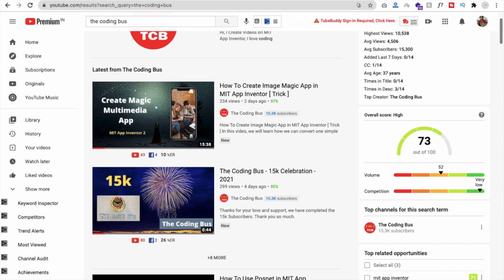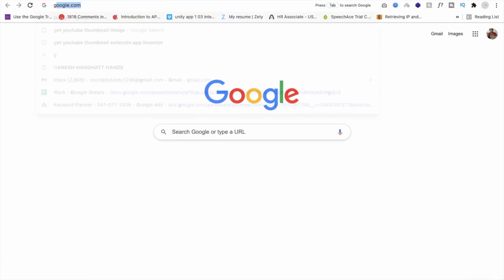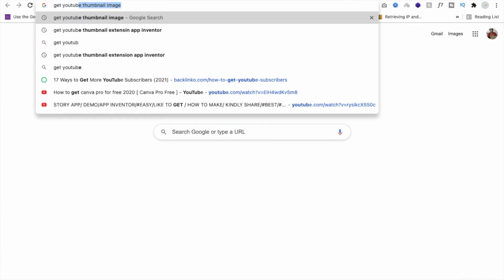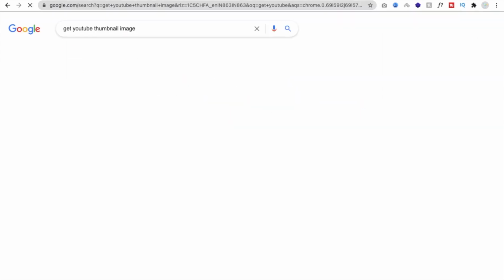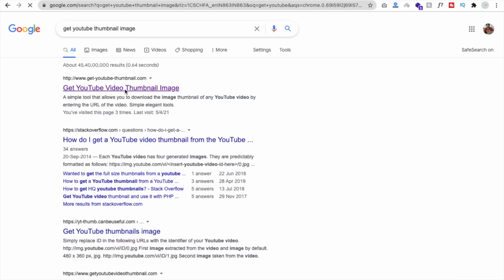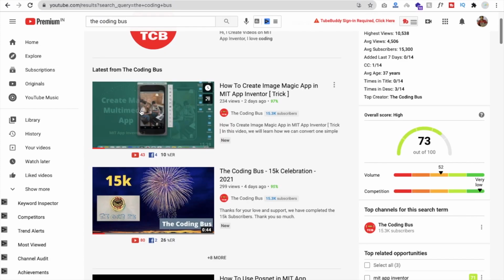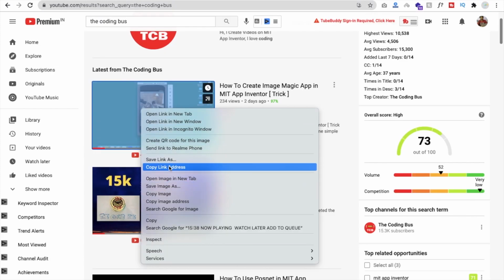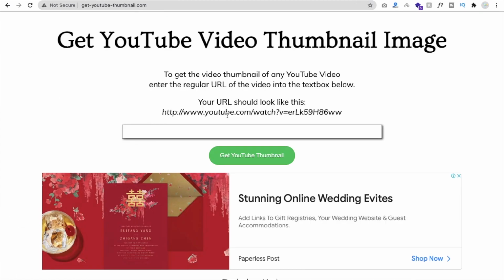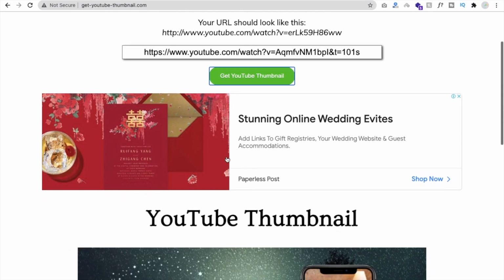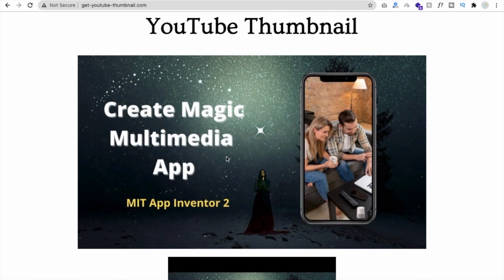Let me open a new tab and type here 'get YouTube thumbnail image', and you will find that website. Now open that YouTube video and copy the link address, go here, paste it and get your thumbnail. Click on this, wait some seconds, and here you can see the thumbnail.